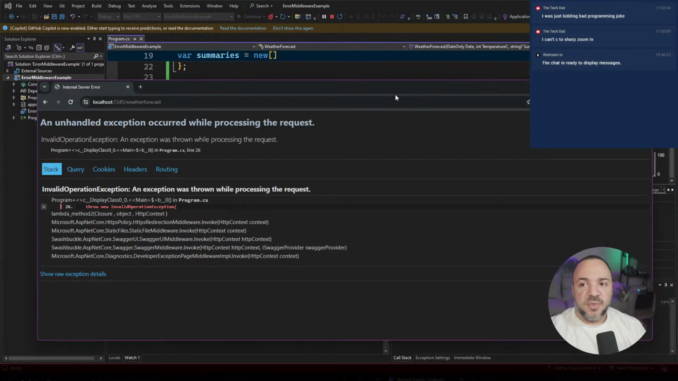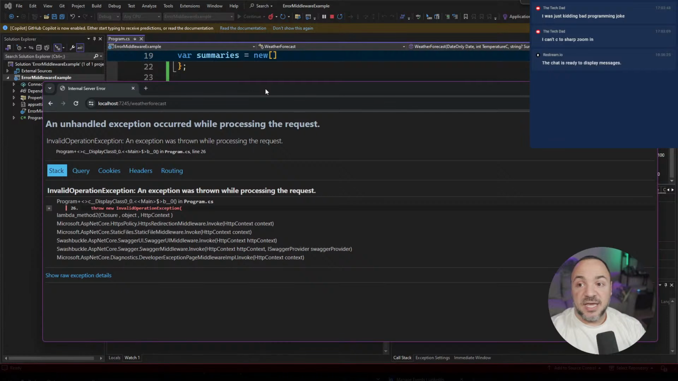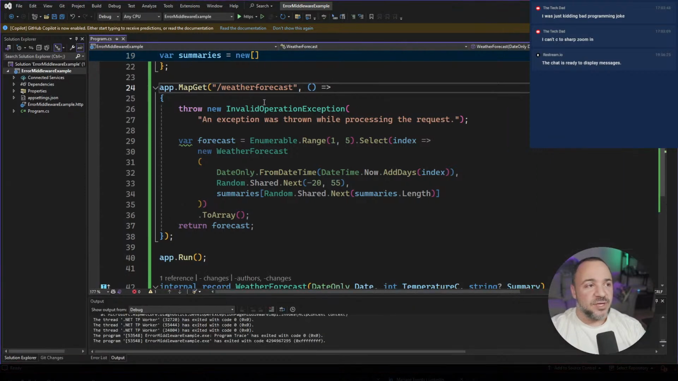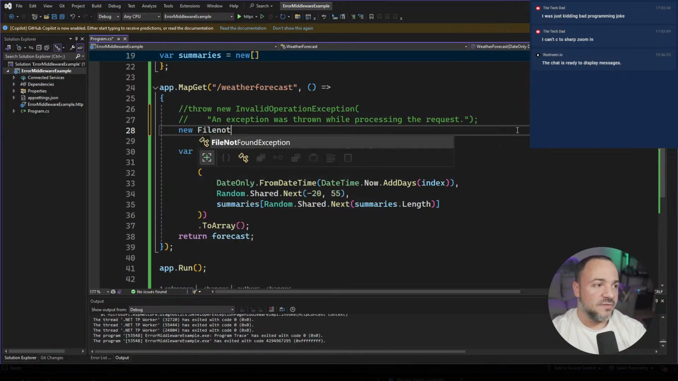For the most part, I haven't gone and looked inside the ASP.NET Core code that does the handling of the routes, but I imagine there's a big old try catch around a lot of stuff. And it allows us to continue. It allows us to do this kind of thing, regardless of what type of exception we throw, right? So if I change this to a timeout exception, or let's do a new file not found exception,